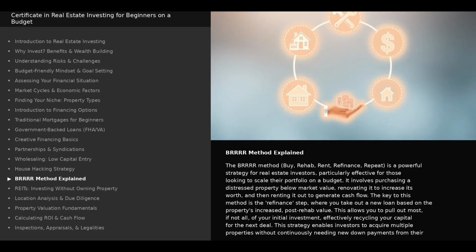BRRRR method explained. The BRRRR method, buy, rehab, rent, refinance, repeat, is a powerful strategy for real estate investors, particularly effective for those looking to scale their portfolio on a budget. It involves purchasing a distressed property below market value, renovating it to increase its worth, and then renting it out to generate cash flow. The key to this method is the refinance step, where you take out a new loan based on the property's increased